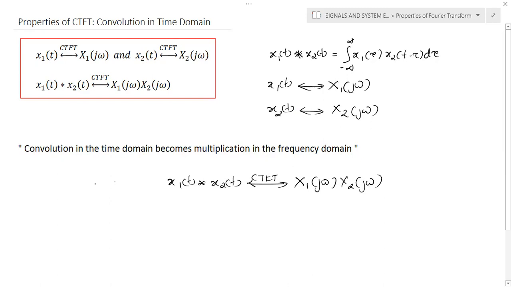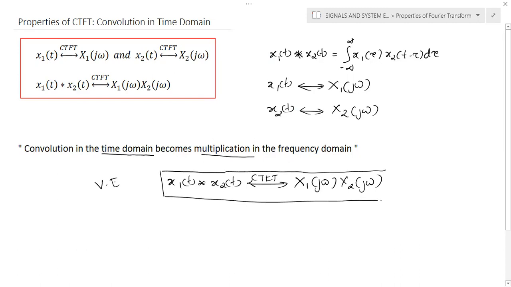It's a very important property. Convolution in time domain becomes multiplication in frequency domain. So this is one of the advantages of transform: the complex operation in time domain becomes multiplication in frequency domain. We can think in that way also. So this is a very important property, so please remember this convolution property. It's very useful when you solve problems or when you discuss communication and filtering problems.